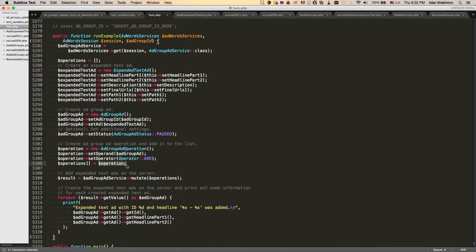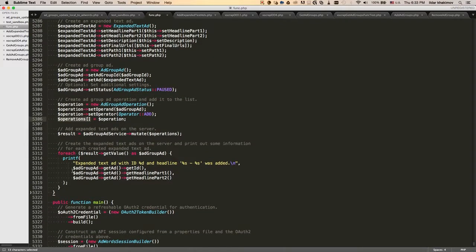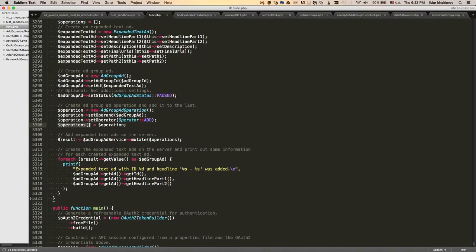And the way that you would do it is you would have this part here duplicated, and actually the example script, that's what it shows. It shows how you would add 2 expanded text adds. In this case, it's just 1, but it gives you an idea that you can do that. You can add a whole bunch of adds, and once you load them up into this array that is going to hold all of these text add, I guess, operations, you run the add group services mutate, and then it executes and posts all of the expanded add group adds that you have defined with the result here, and then it outputs